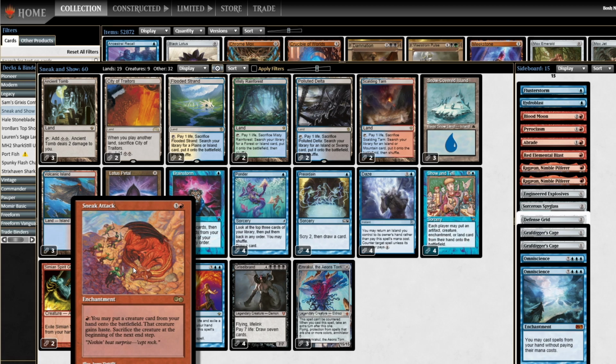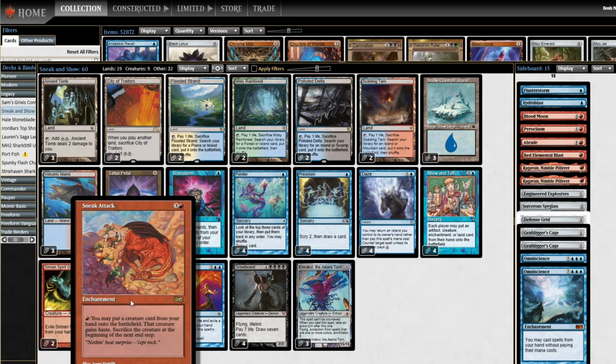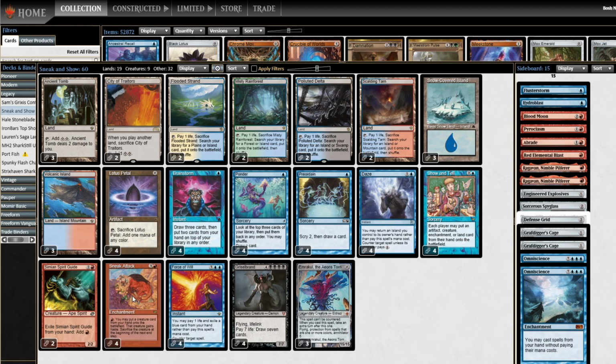Sneak Attack, 4 mana, red enchantment, pay 1 red, put a creature card from your hand directly onto the battlefield. That creature gains haste, sacrifice it at the next end step. You're playing these monsters anyway, you're playing the fast mana anyway, and this is a second way to cheat them into play. And this one ends the game, costs a little more. It costs 5 to get your first attack in with a creature, but it has haste,